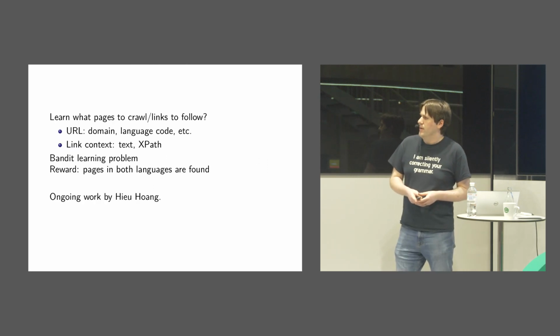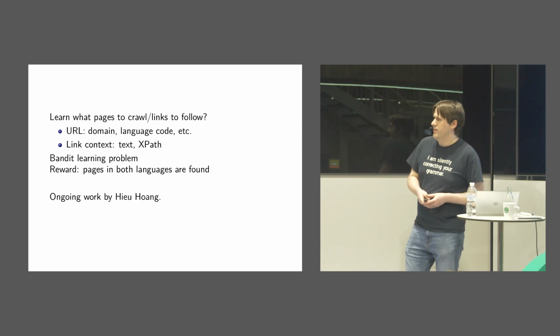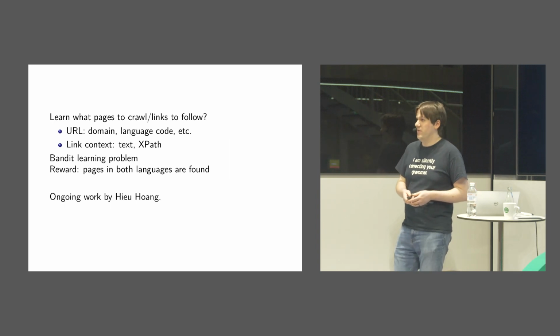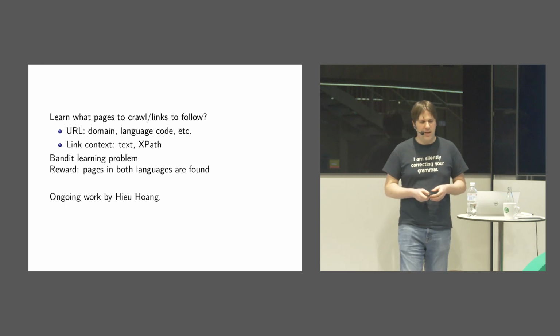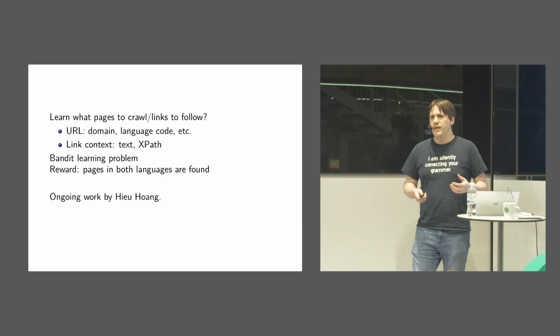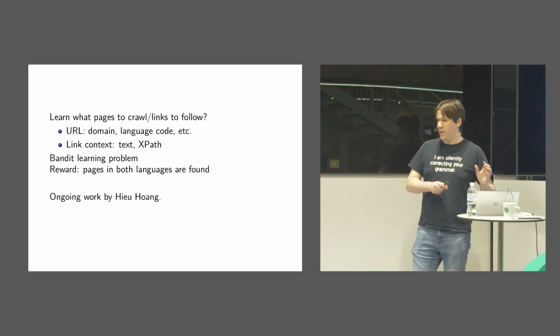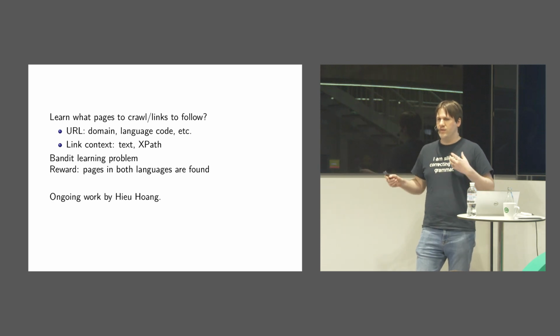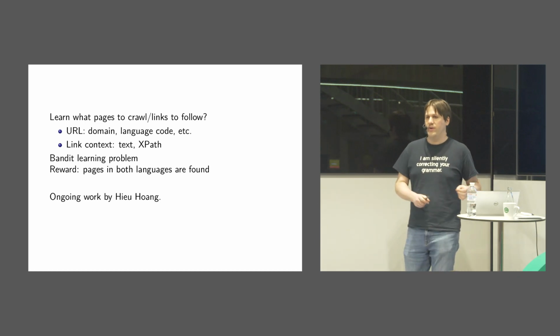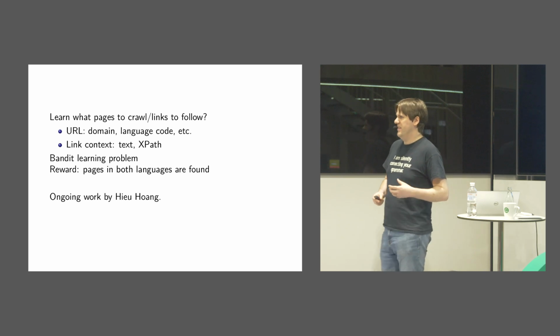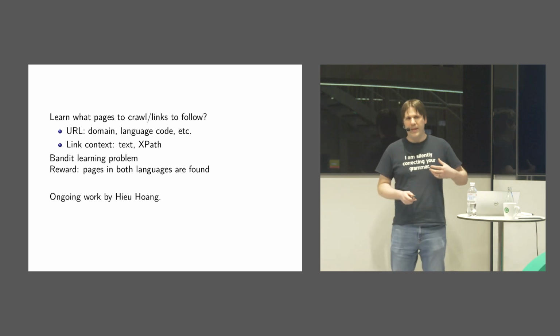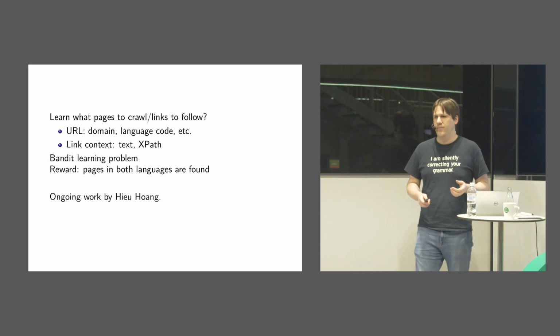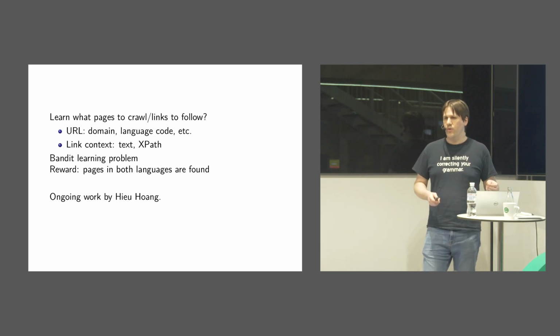So another idea that's fancier than that, which is more experimental and I don't have results to show you yet, is can we actually learn something about a page before we crawl it, so we really only know the URL and what the links were to it, that helps us decide, will this page, if we crawl it, have a translation on it? And this is, in a sense, an interesting case of the bandit learning problem, where you only get the reward if you found both sides of the translation.